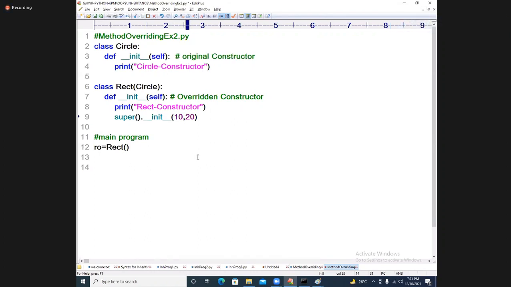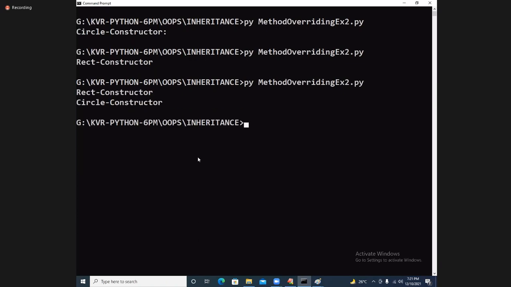But since you did not pass values, it is like that. See the answer now. Rectangle constructor is calling Circle constructor. Easy or difficult? Dead easy.